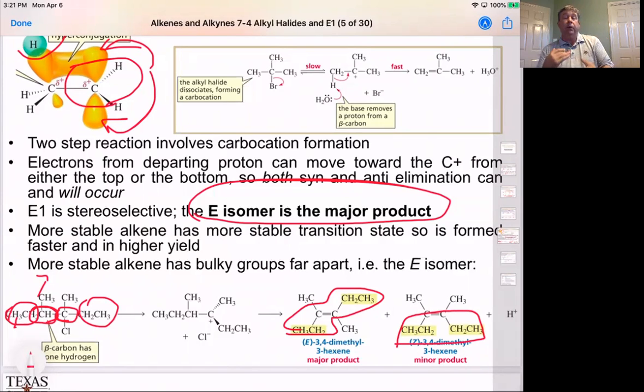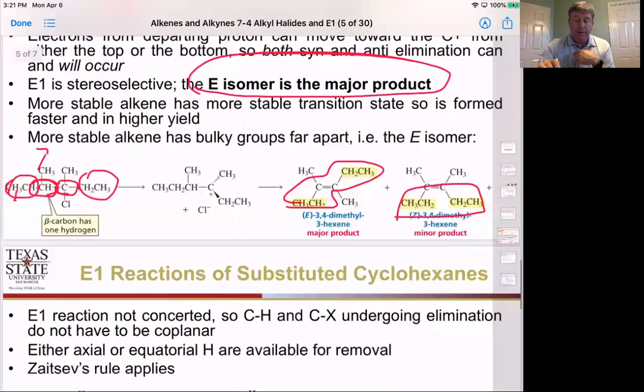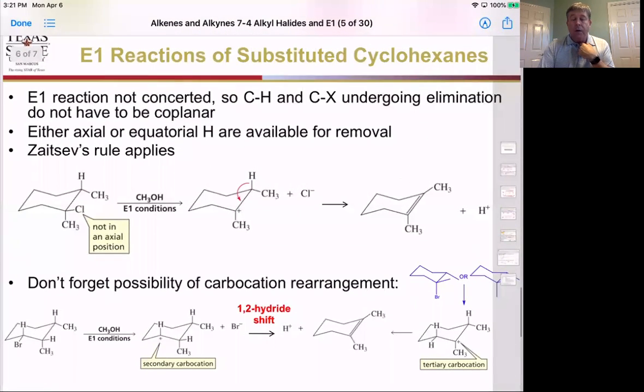So even if you're remembering Zaitsev's rule and getting the more substituted alkene, you also want to get the trans alkene or the E alkene, because that is also more stable. Okay, so unlike in the reaction of cyclohexanes, when we did the E2 reaction, where we were looking at a specificity between the equatorial versus the axial hydrogen, because we're going through this trigonal planar intermediate, we don't need to worry about that anymore. All we need to do is follow Zaitsev's rule and get the most substituted alkene